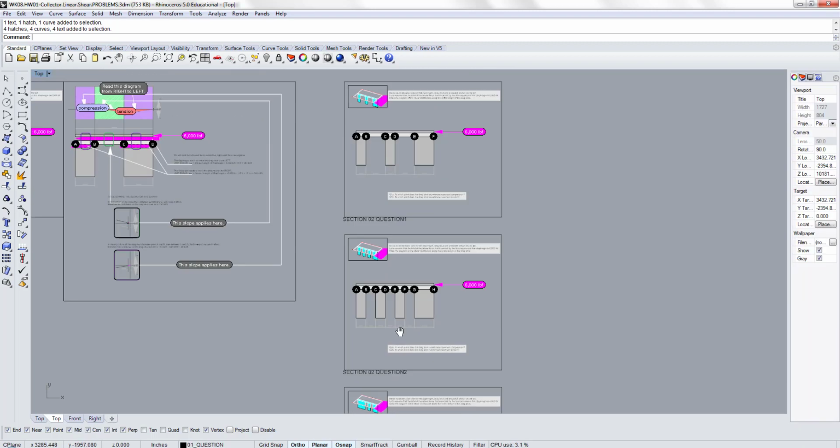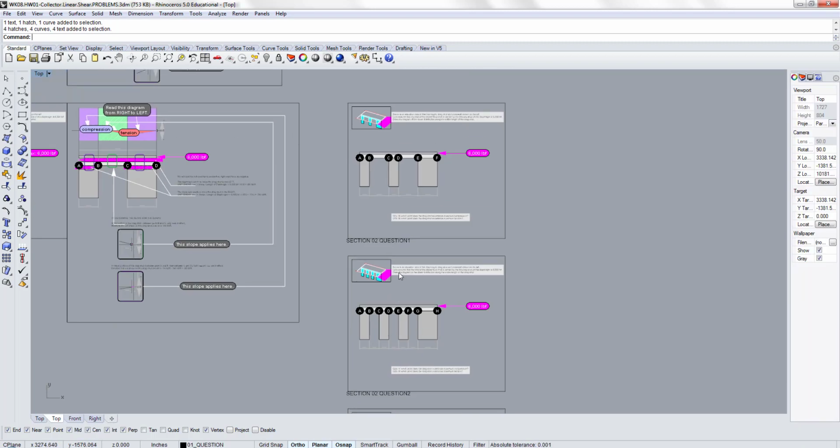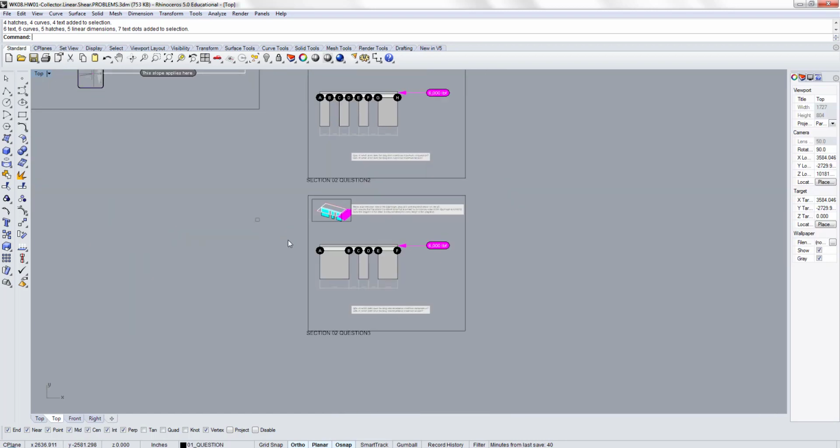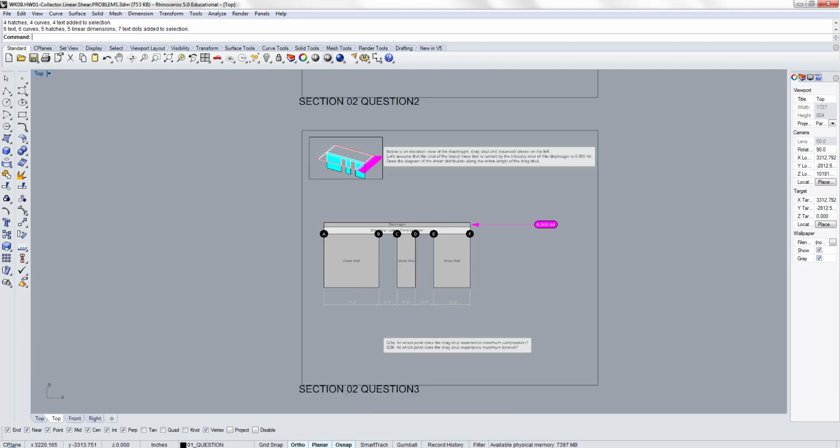So let's do, I think we did this one last week. So why don't we try to do section 2, question 3, right? So then you can kind of